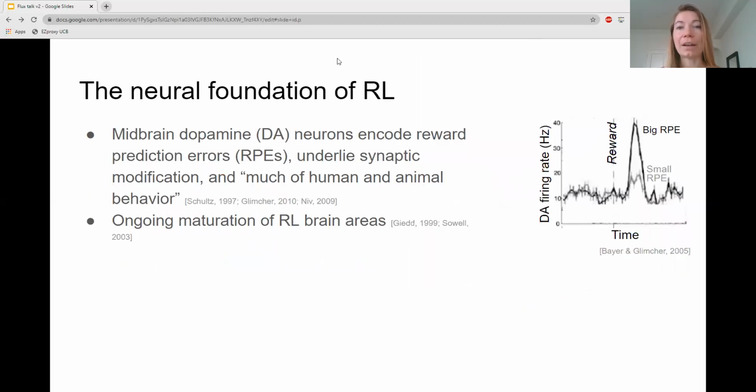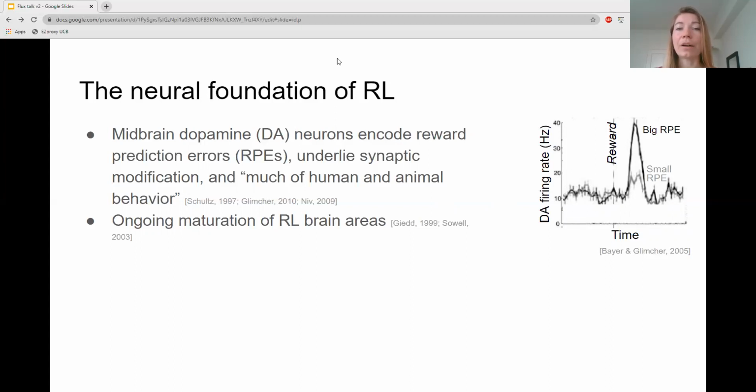One of the major findings in RL was that the key parts of our RL algorithms seem to map almost one-to-one to specific neural structures in the mammalian brain. For example, we have all seen the striking correlations between dopamine firing rate in the midbrain and reward prediction errors calculated using RL. So what you see here is time on the x-axis and dopamine firing rate on the y-axis, and the dark line is a trial in which an animal got a big reward and experiences a big reward prediction error, which leads to a big spike in dopamine firing. And the light gray line is a trial in which an animal received a small reward leading to a small reward prediction error and a small spike in dopamine firing.